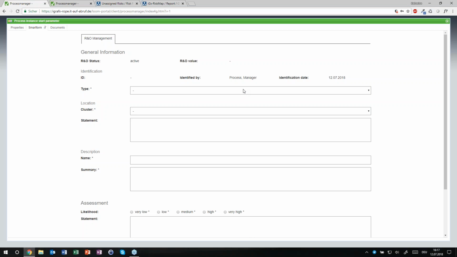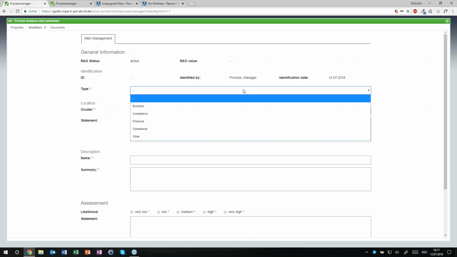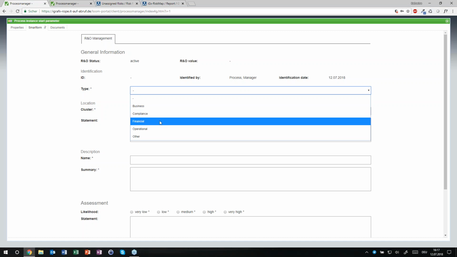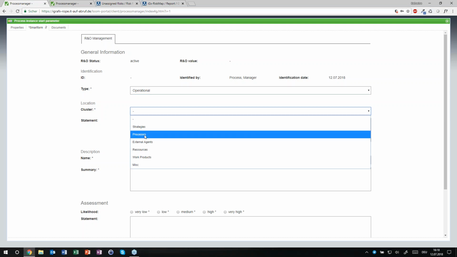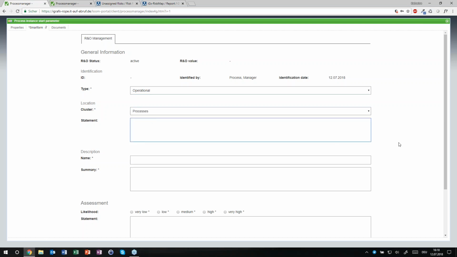Once I enter the platform, I can now select the type of risk. It might be an operational risk that I somewhere identified, which is affecting one of our processes. I can also give a statement why I think that's the case, or I can already state the process that is affected.